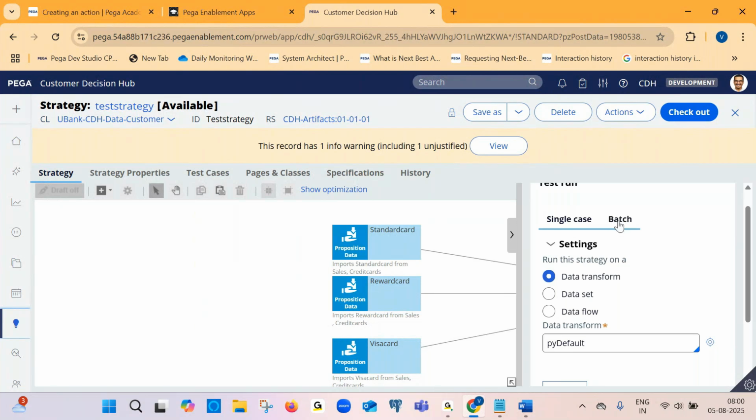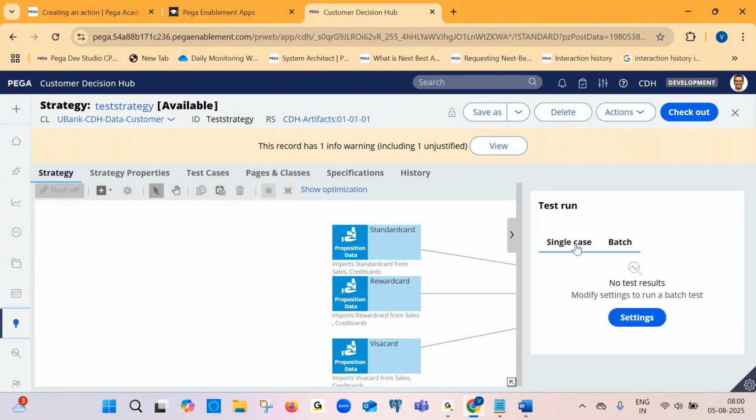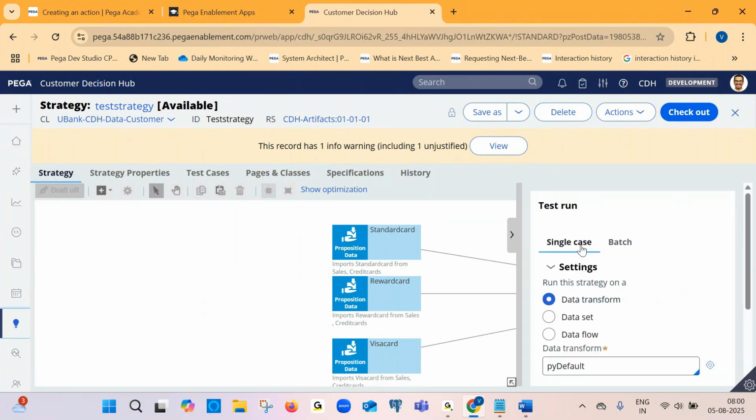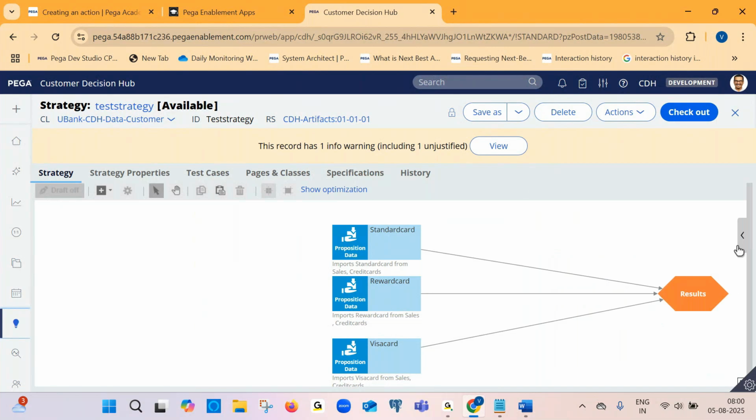Okay, with some 10 to 15 or 1000 customers data, if you want to test all these offers, then you can select the batch. As of now we'll go with the single case. In the coming sessions we'll see how to work with the batch also. So to test it, at right side,